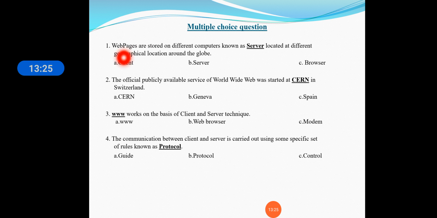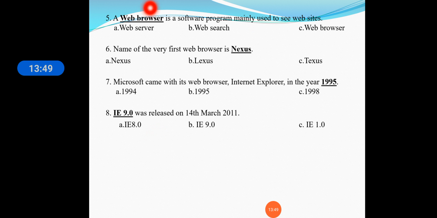We have learned that web pages are stored in a server, and the World Wide Web was developed in CERN, and the client-server technique is based on WWW, that is World Wide Web. And for communication on the internet we use rules, that are known as protocols here. The software program to see the website is a web browser here. The first web browser name is Nexus, and Internet Explorer came into existence in 1995.